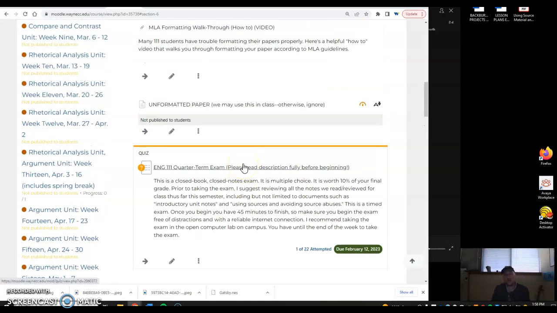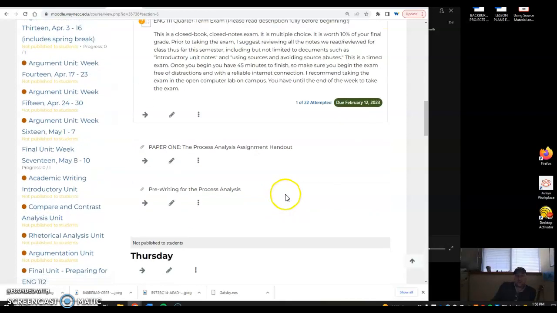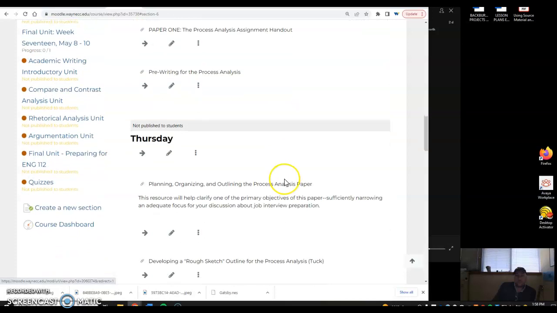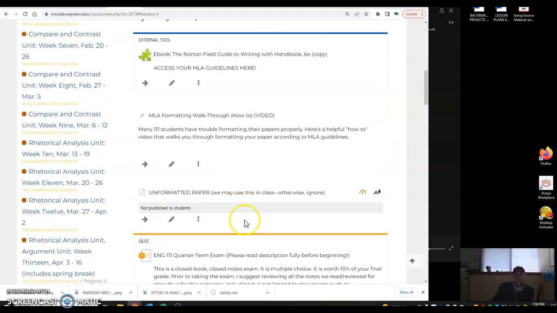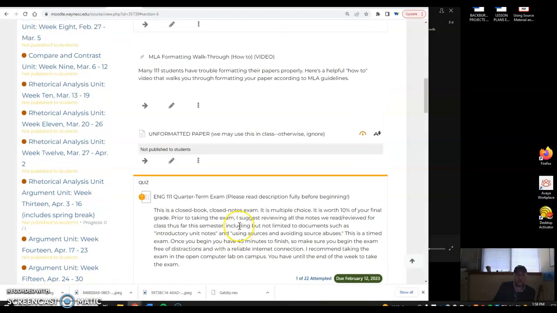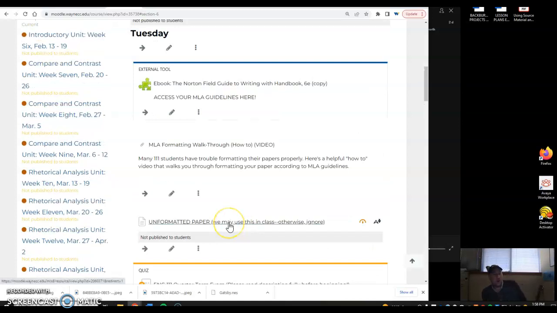There's the quarter term exam. It is multiple choice, and students tend to do very well on it. It is timed, so take your time. That should take you like 20 minutes of this week. It doesn't take long to take the test. The real